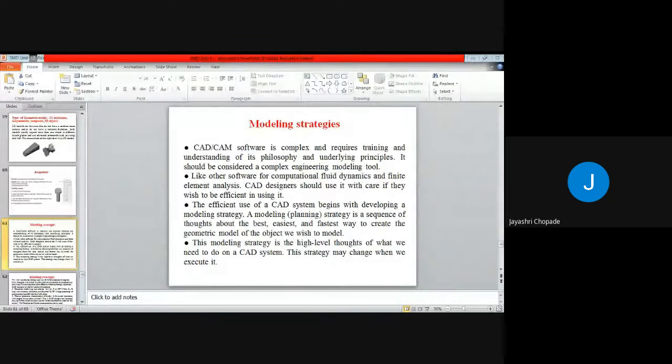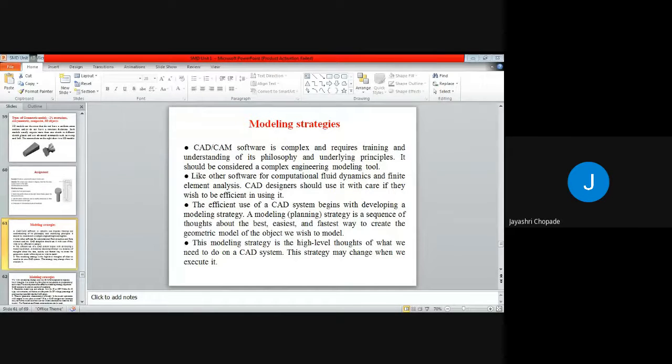Like other software for computational fluid dynamics and finite element analysis, CAD designers should use it with care if they wish to be efficient in using it. Because if you don't have knowledge, you cannot create any 3D or complicated model. So first of all, training or knowledge is necessary.